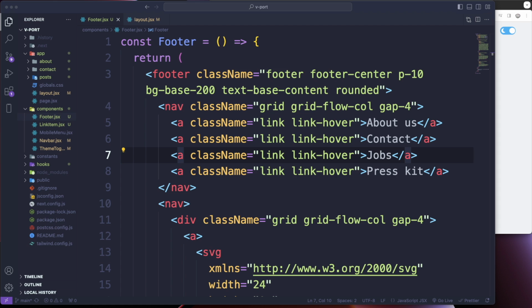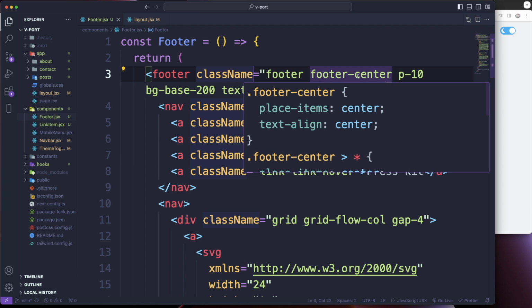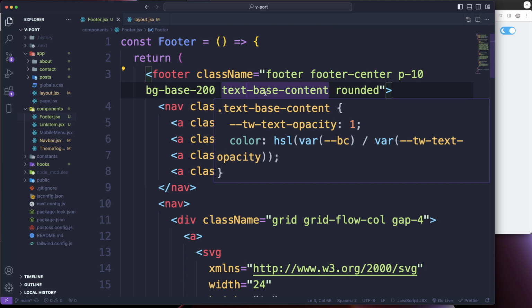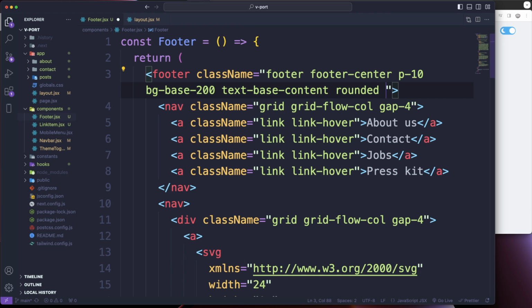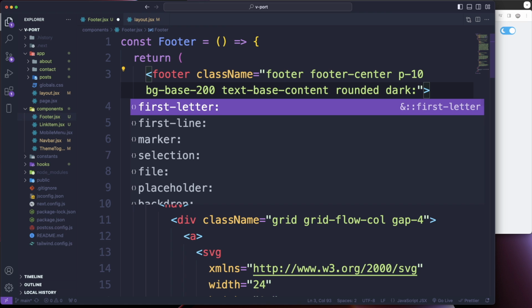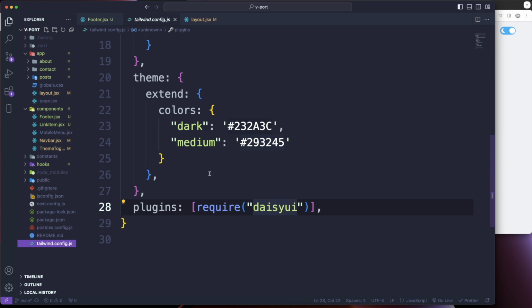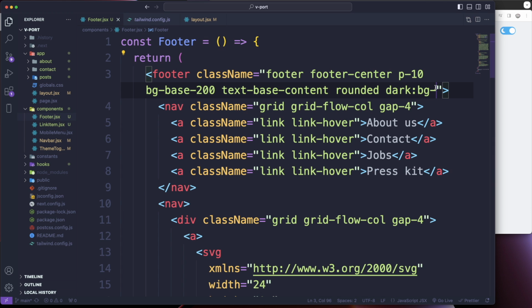So inside of the footer, we're going to change up the class names just a bit for the footer. So we're going to keep footer, keep footer center, padding 10, a BG base 200, a text base content, rounded. But we're going to add, so for dark, we want the BG to be 23283C. Let's see which one that was. 23. So it's dark. Okay. All right. So footer, so BG is going to be dark,